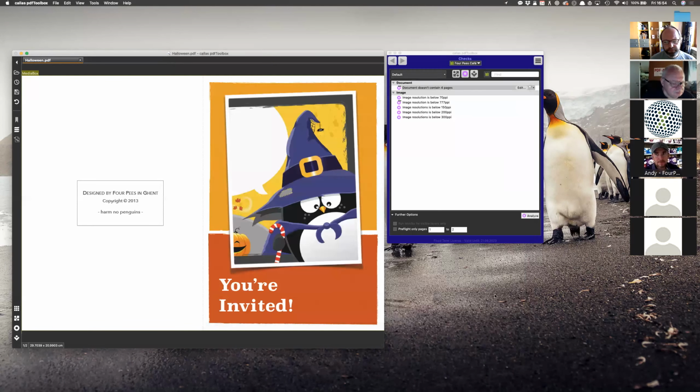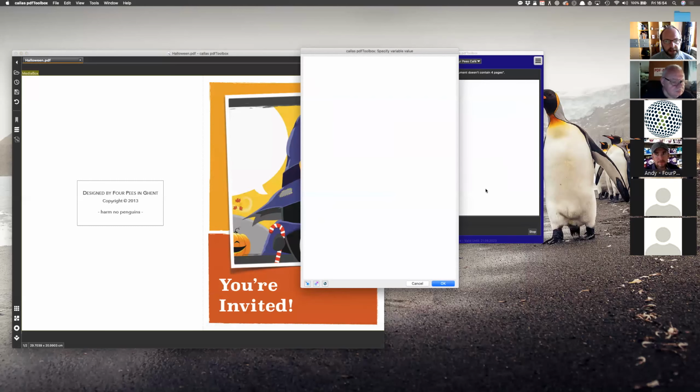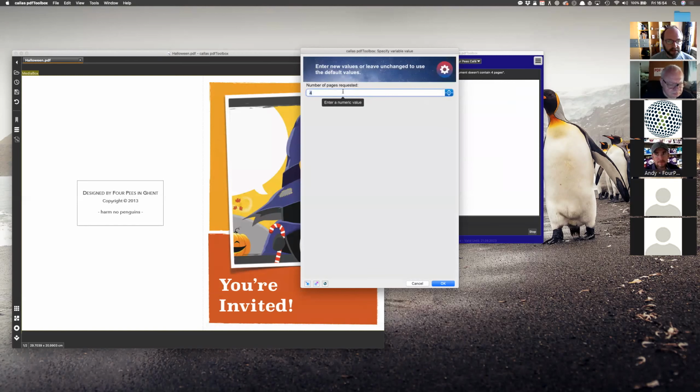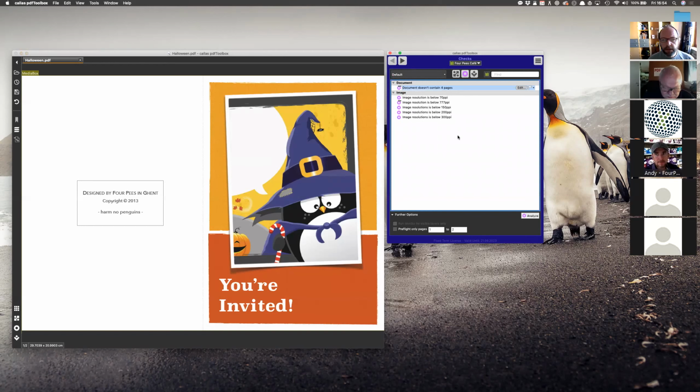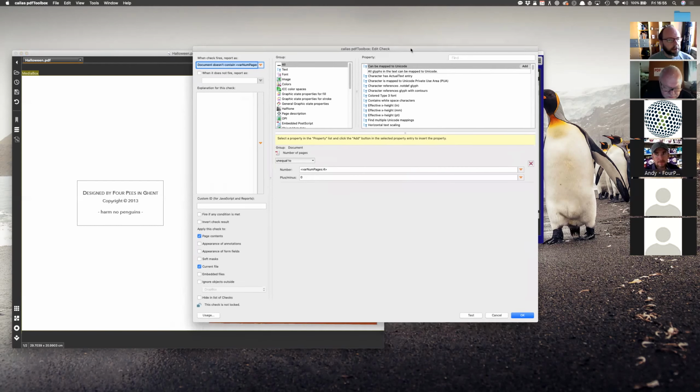variable in there. Yeah, and you can see that the default value is used for that variable. And now when I say analyze, it is going to ask me the number of pages, and if I make it 16, it's going to fail, and it says document doesn't contain 16 pages. Yeah? And this is of course cool because that's an error message that is much better than saying document doesn't contain the correct number of pages, but it can still be better,